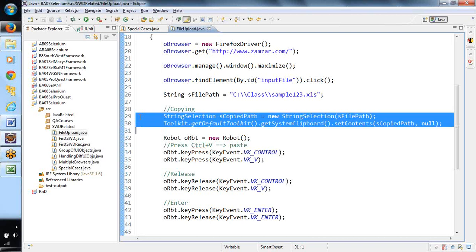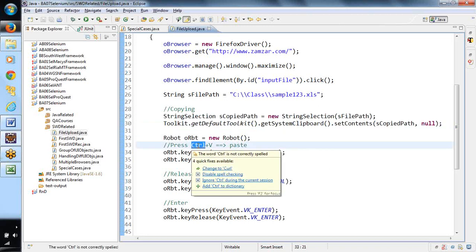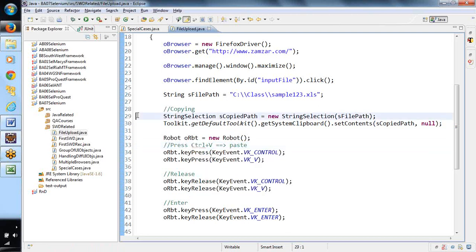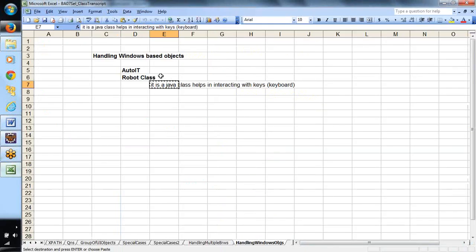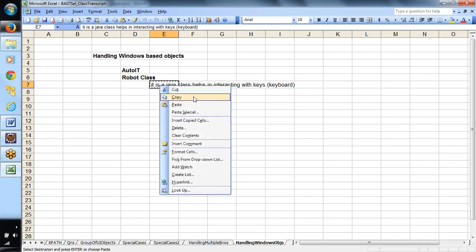lines. Now here, what we wanted to do is perform a Control V operation. Before a Control V operation, we should have a Control C operation, which is nothing but a copy operation. So we are trying to perform it using this logic. So as an end user, when we right-click on this particular line and say copy, as an end user for us, the visibility